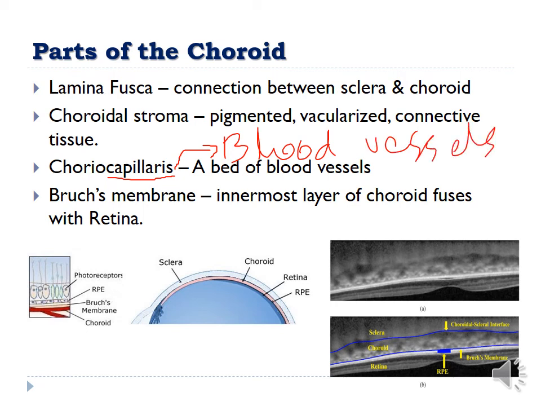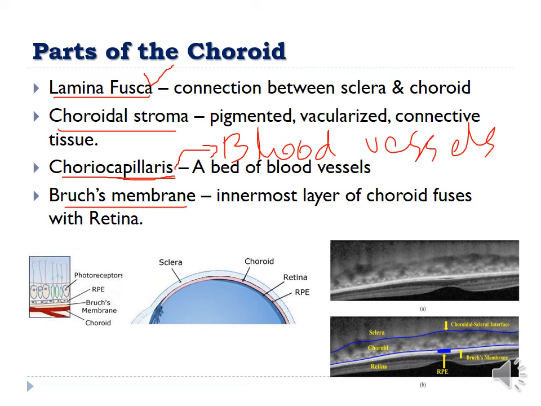Right, so choroidal stroma has choriocapillaries, nothing but choroidal blood vessels, and Bruch's membrane. So try to remember all these four parts. Lamina fusca: now you remember here, this is the sclera, this is the retina, and this brown one is the choroid. So what is lamina fusca? It is a connection between sclera and choroid. This is the sclera and this is the choroid in this picture,